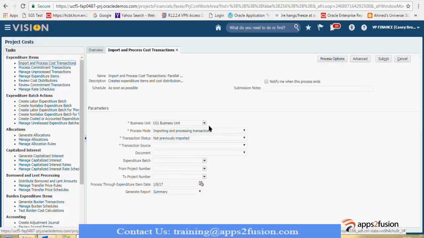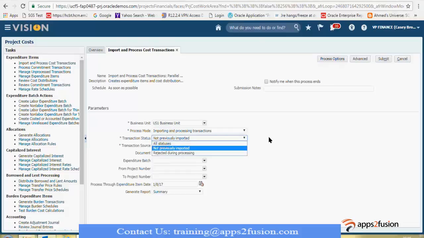There are standard parameters available for this process. What is the business unit you are running for? As I said yesterday in our basic fundamental section, everything here in Fusion is driven by legal entity, which is in turn mapped to a business unit. So business unit is the crux, unlike EBS, where everything is driven by the business group. Here you have a business unit or legal entity, which you will have to specify at most places.